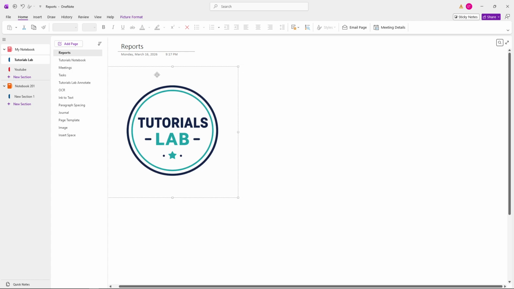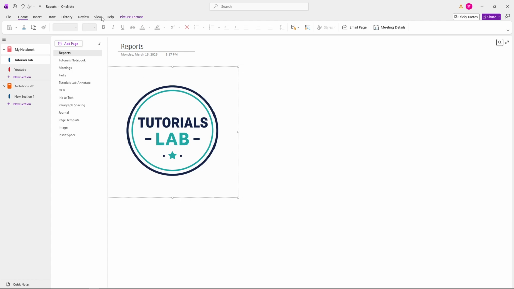Look at the top part of your screen where all your tools and menus are located. Here, you'll find the Insert menu. Click on it to reveal all the insert tools available in OneNote. This menu contains various options for adding different elements to your notes, including shapes, which is what we'll be working